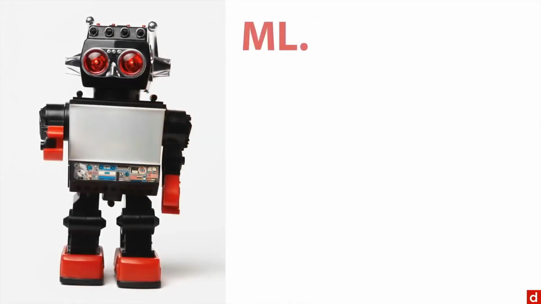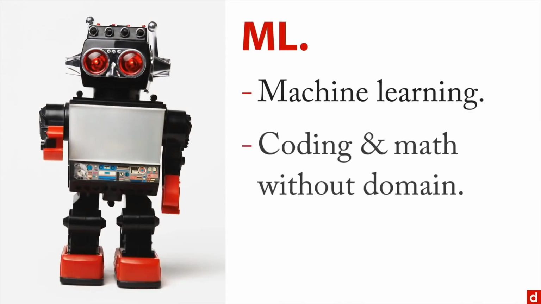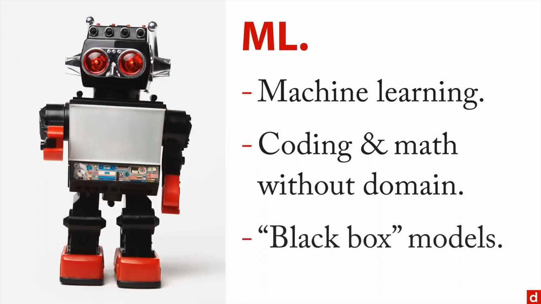First off, machine learning, or ML. Now you think about machine learning, and the idea here is that it represents coding or statistical programming and mathematics without any real domain expertise. Sometimes these are referred to as black box models. They kind of throw data in, and you don't even necessarily have to know what it means or what language it's in, and it'll just kind of crunch through it all, and it'll give you some regularities. That can be very helpful, but machine learning is considered slightly different from data science because it doesn't involve the particular applications in a specific domain.